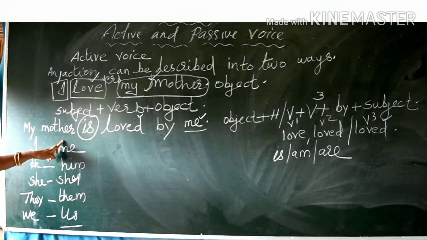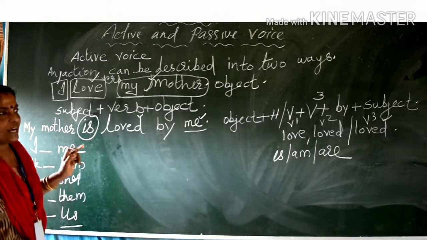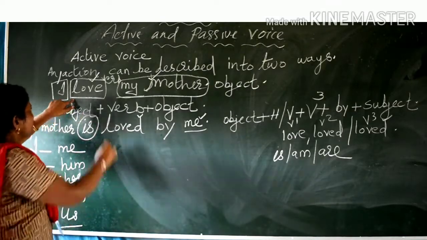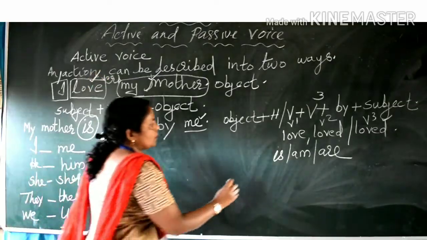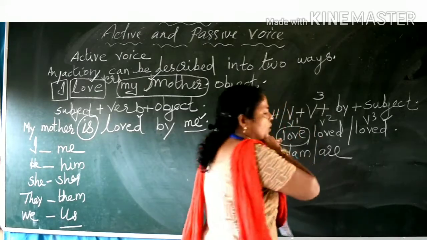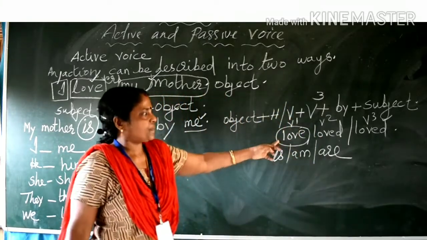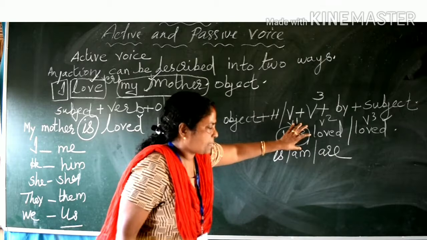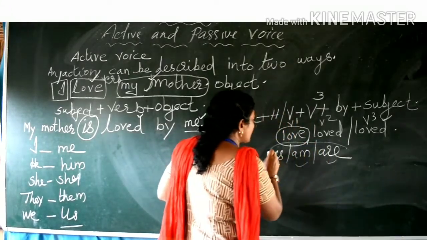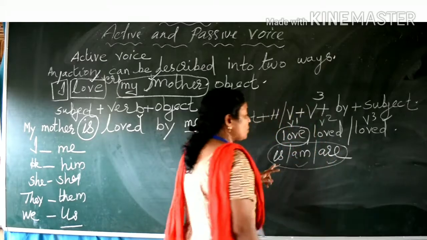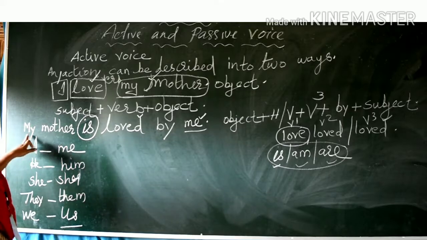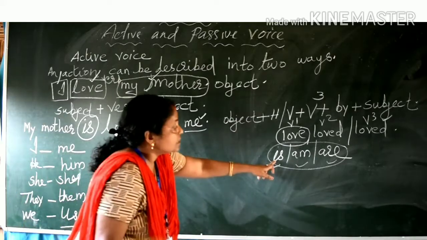After that, next rule is we will find out the tense of the verb. How will that be done? You see children, verb laugh. Already I wrote the first form of the verb always in the present tense. So if the verb is in the present tense, is, am, are, out of these three, one will be used according to the object. Here object is my mother. So my mother is.